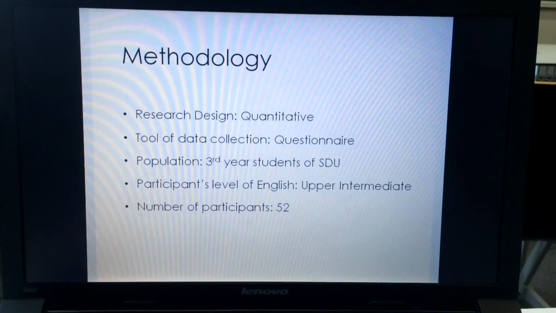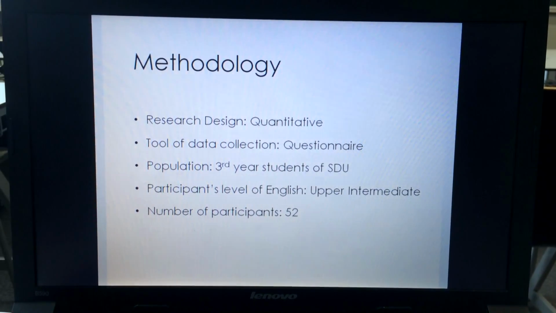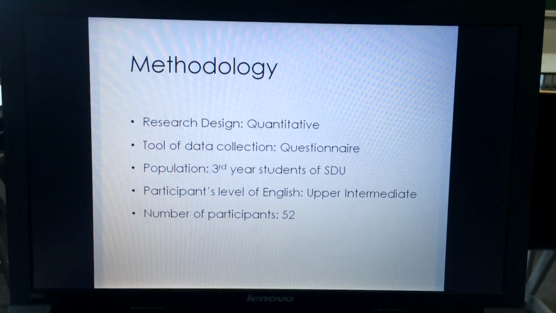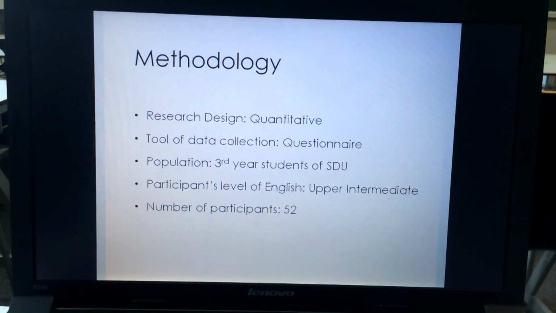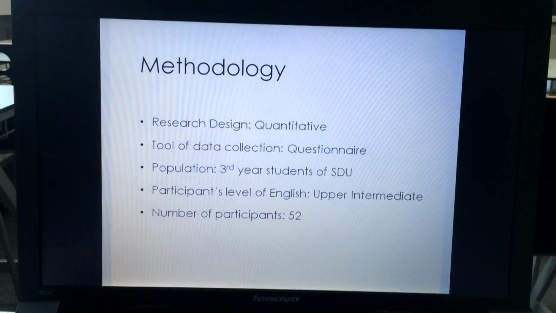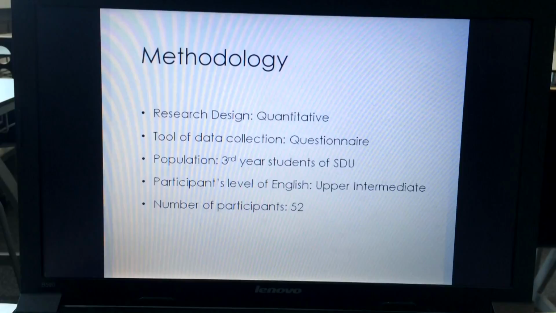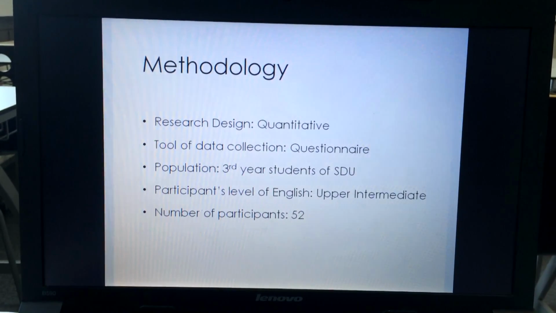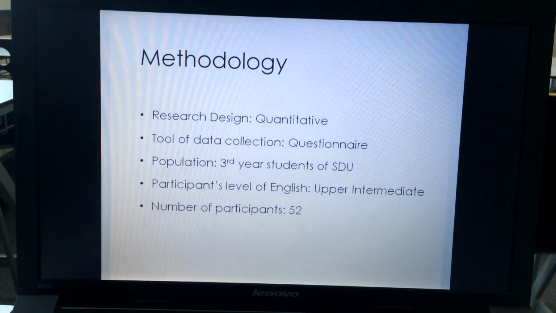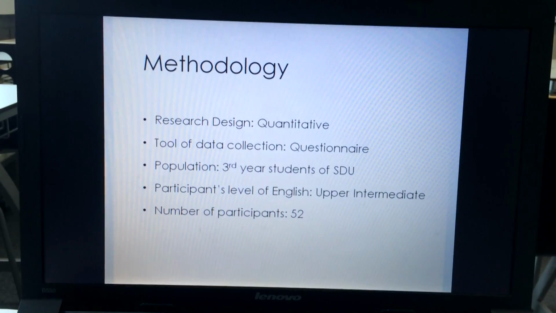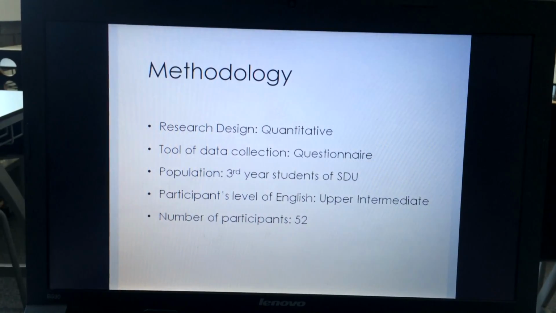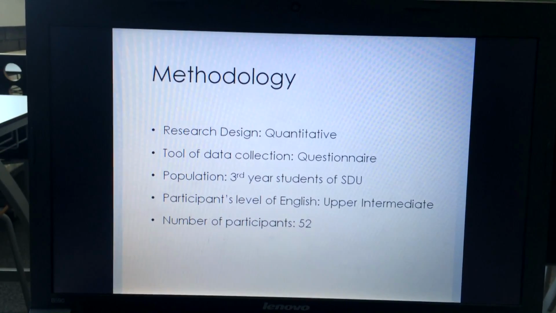The aim of the study requires a quantitative analysis, since it seeks to understand and check students' problems with the use of false friends. The population of this study is defined as third-year students of the Faculty of Philology and Pedagogical Science in SDU. The level of participants is upper intermediate, and the survey was conducted within a group of 52 Russian-speaking students. The result of this work was to identify the degree of recognition of false friends.